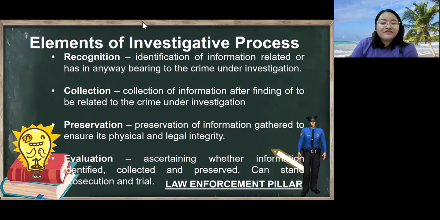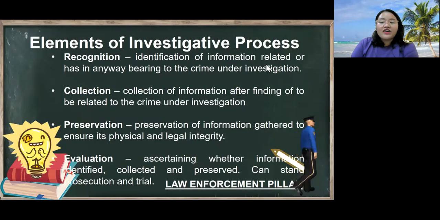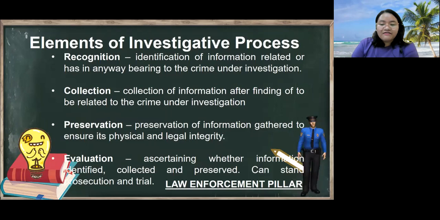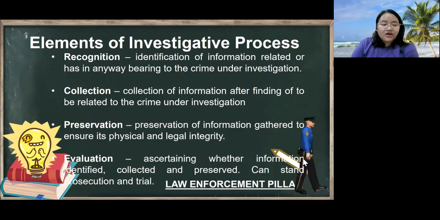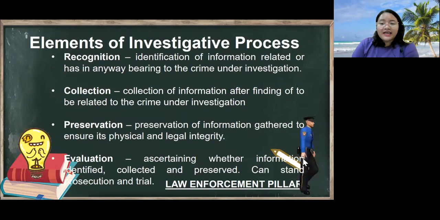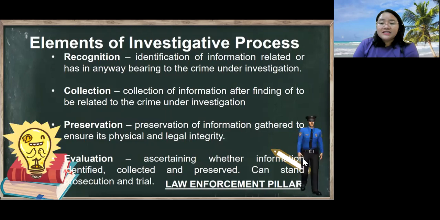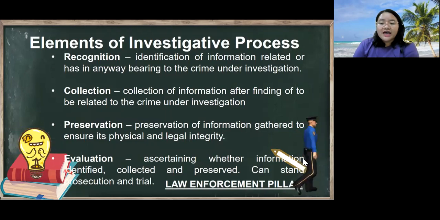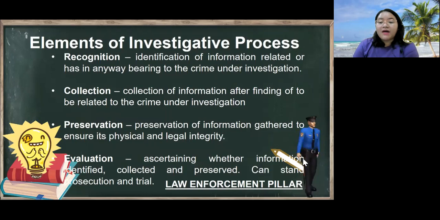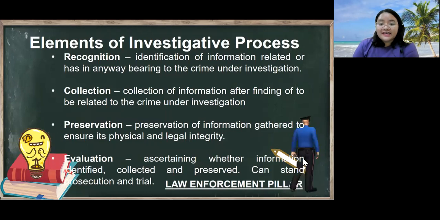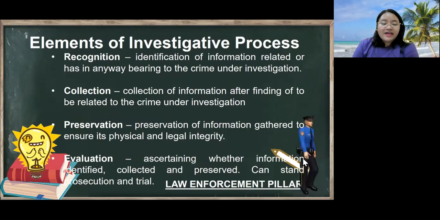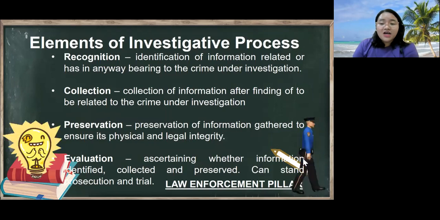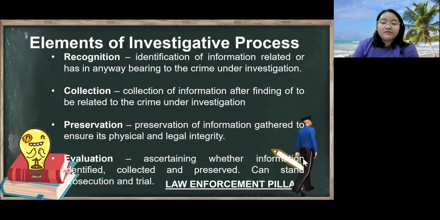The elements of the investigative process are the following. So we have recognition, collection, preservation, and evaluation. In recognition, it tries to identify information related or bearing in any way to the crime under investigation. Then, after recognizing, collection of information